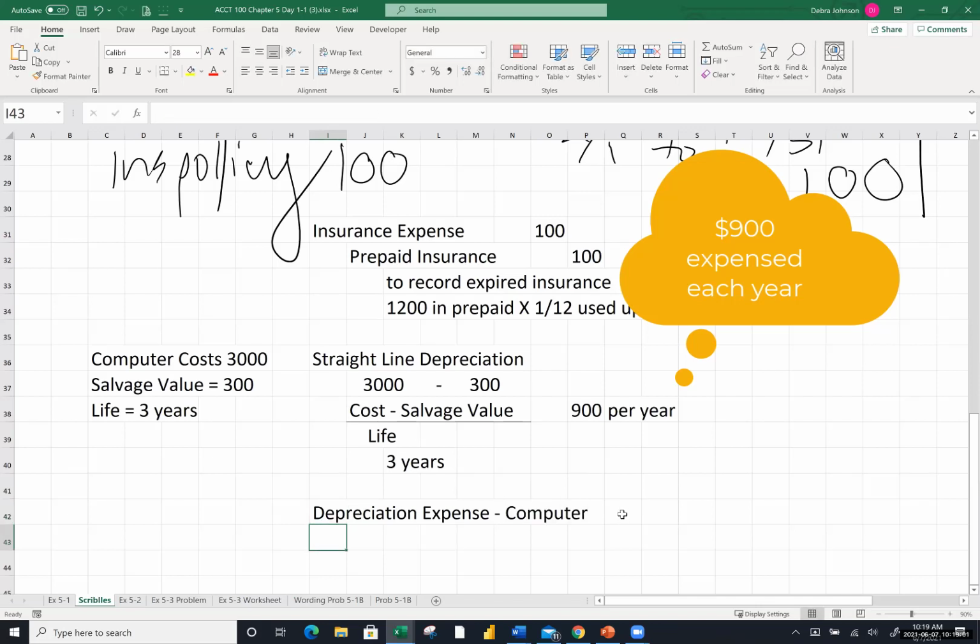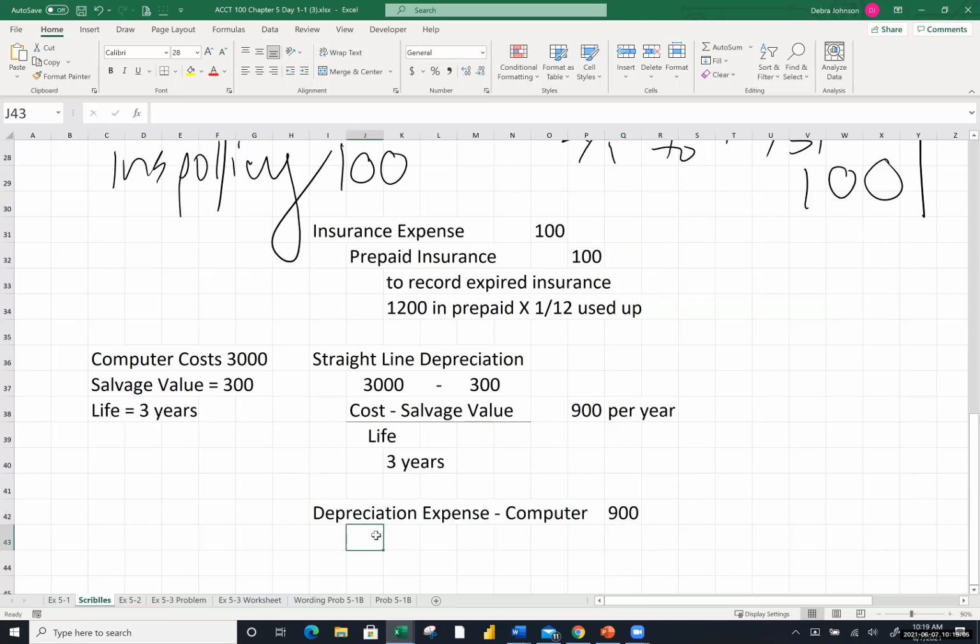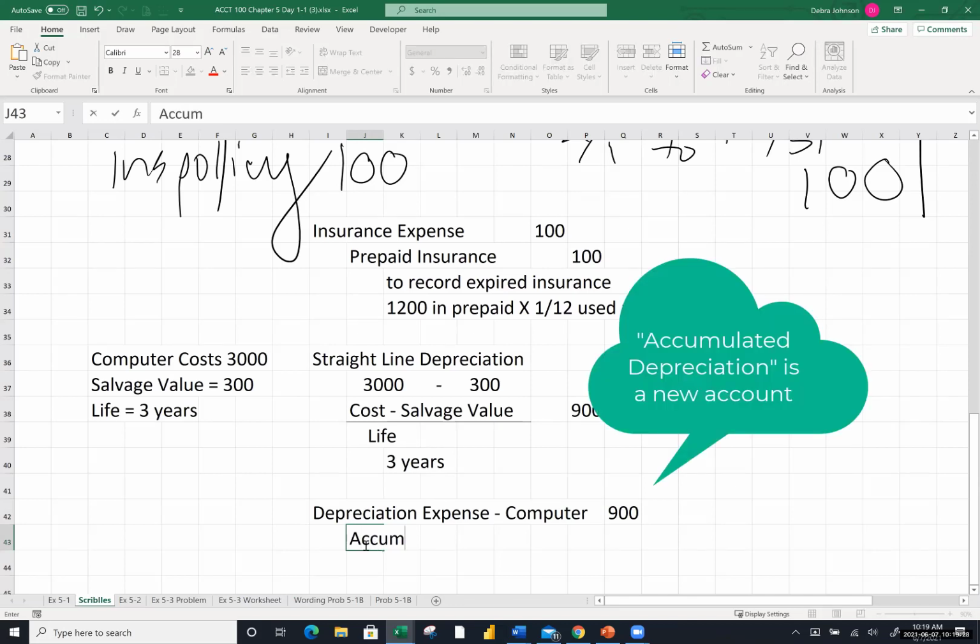That part makes sense to students. It's the credit that kind of freaks students out, because most of us would say, well, just credit the computer, right? If you want the asset's cost to go down, just go credit the computer. But for tax reasons, we cannot lose track of the computer's cost. And so we have this special account that we use to record accumulated depreciation, and that's its name, accumulated depreciation